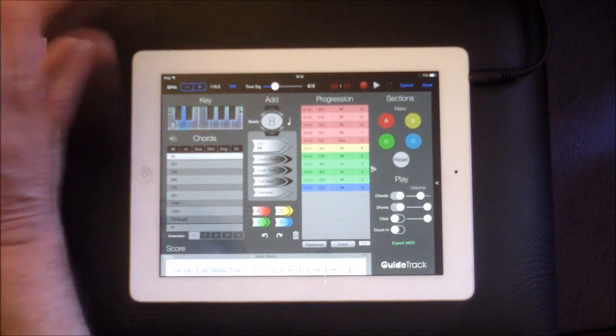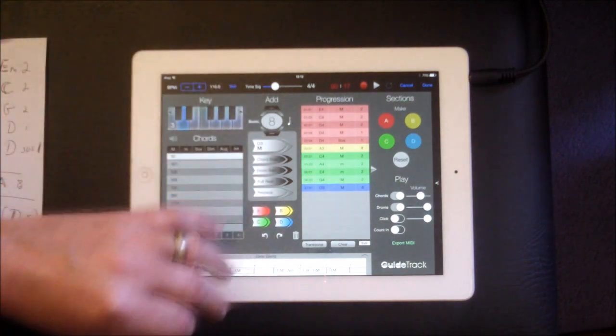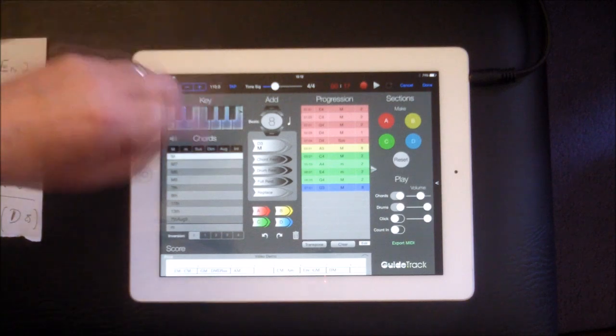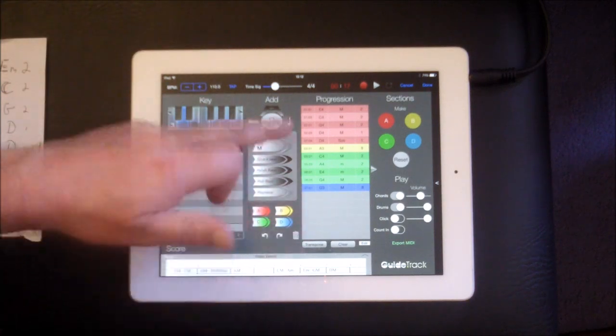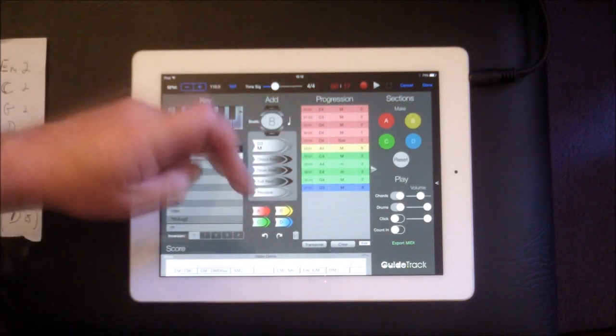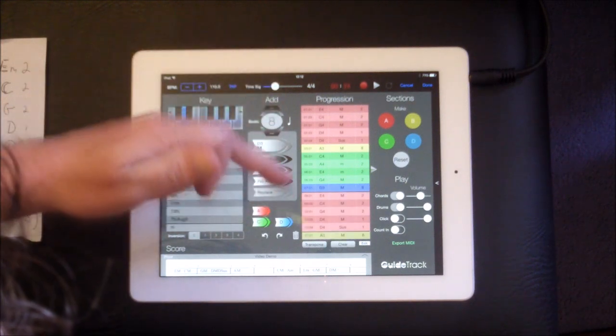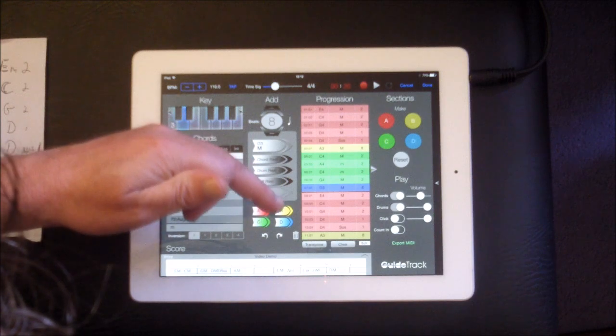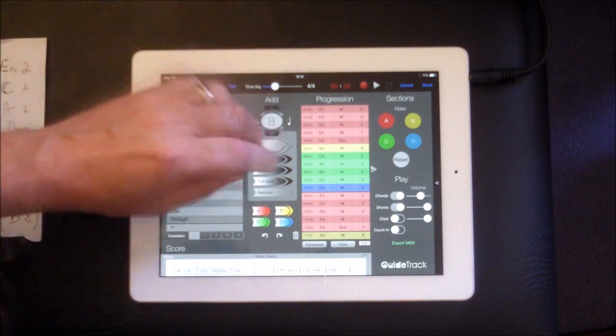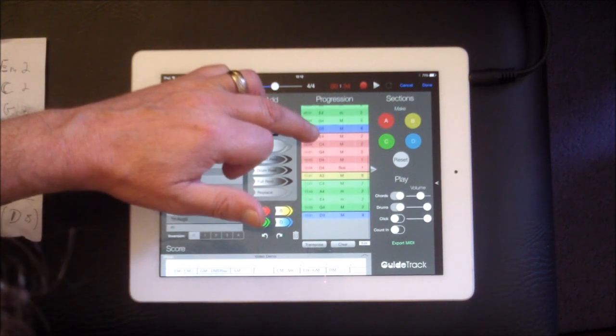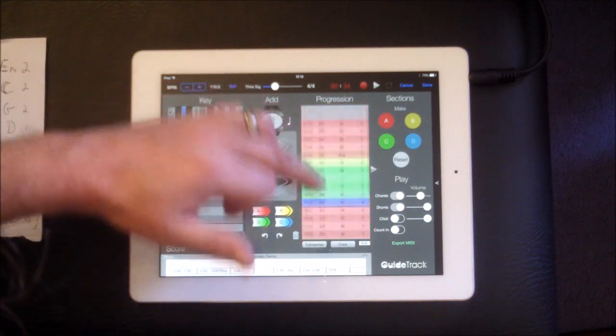Now, I don't have to input everything again now. So what I want to do is, I want the next section. It's got to go back to the verse, yeah. So I'll just hit A, and it puts the verse in for me. Then B, and then C and D, and that's put all the rest of them in the right order. So now it should play twice.